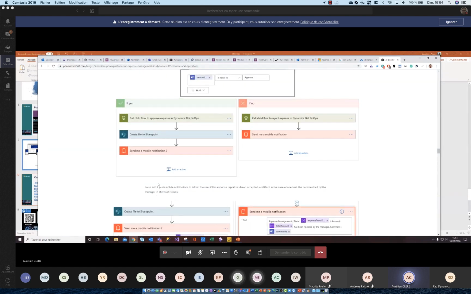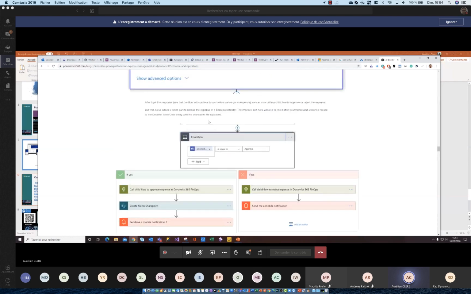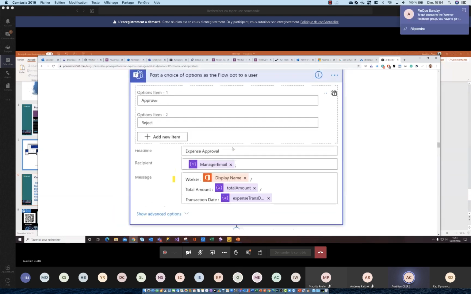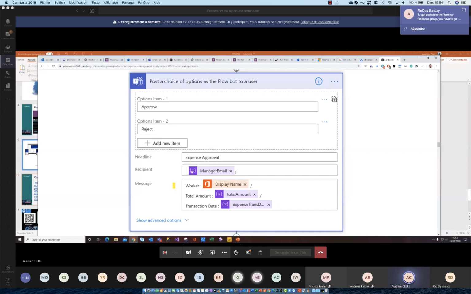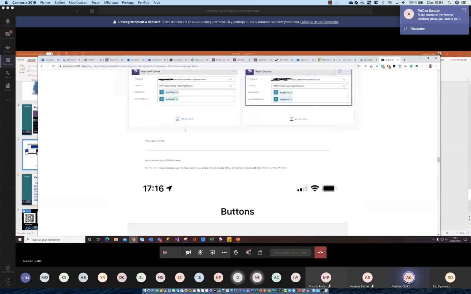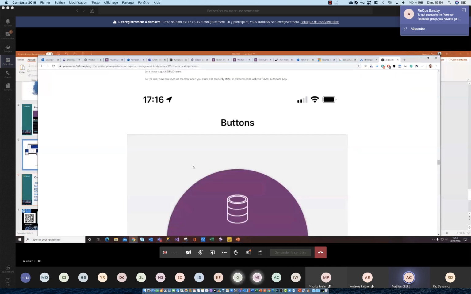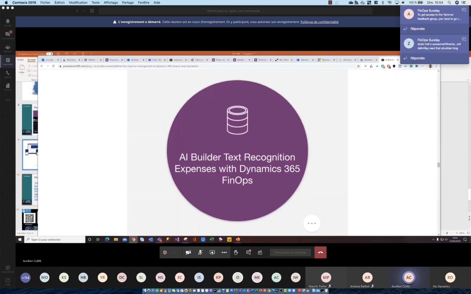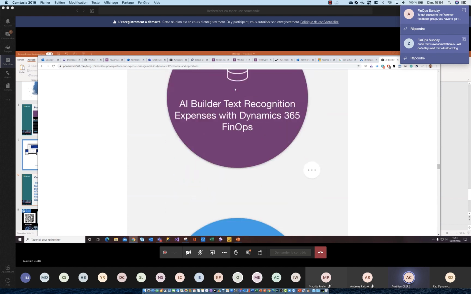And maybe also send a mobile notification to say your expense has been rejected by your manager, with the comments the manager pushed directly to the Power Automate flow. And when it's done, you can just share your Power Automate flow with AI Builder to an end user as read-only.